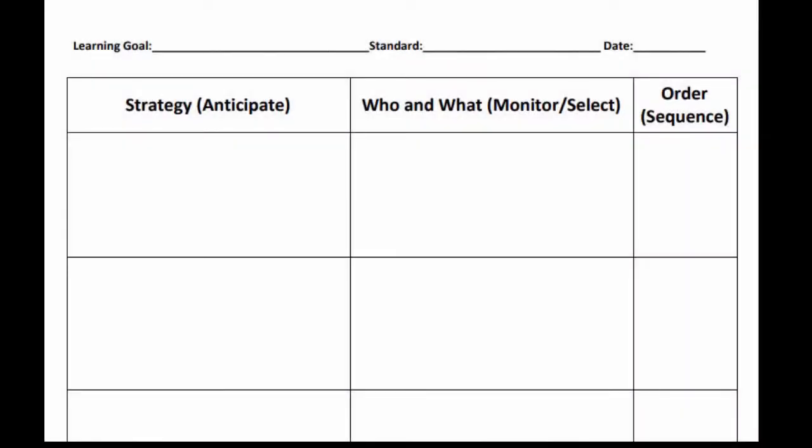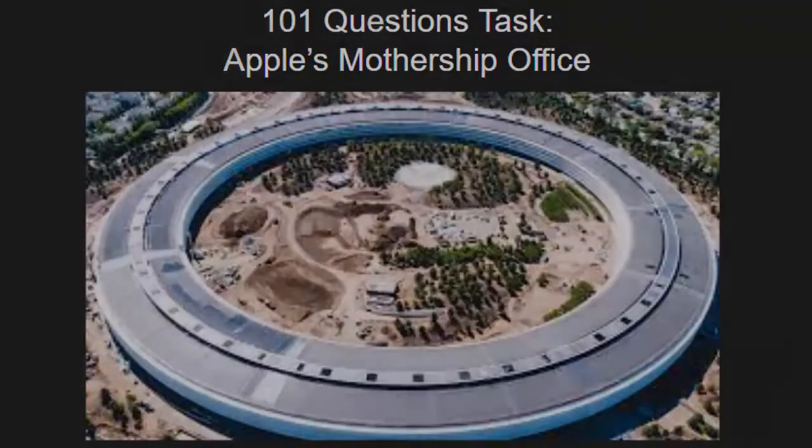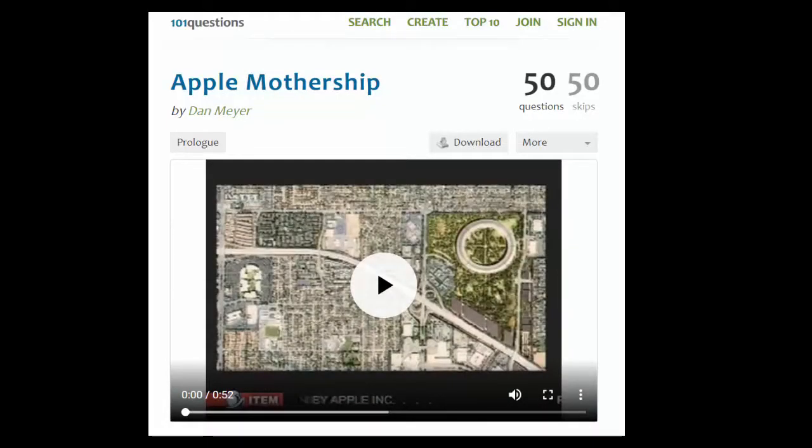The listed resources also include a sample planning sheet, which provides teachers a framework as they begin implementing the 5 strategies. In the following clips, students are engaged in the 3-act task, Apple's Mothership Office. This task provides a unique learning opportunity for students. It invites curiosity as students investigate several questions generated by their class in which the concepts of area, density, and